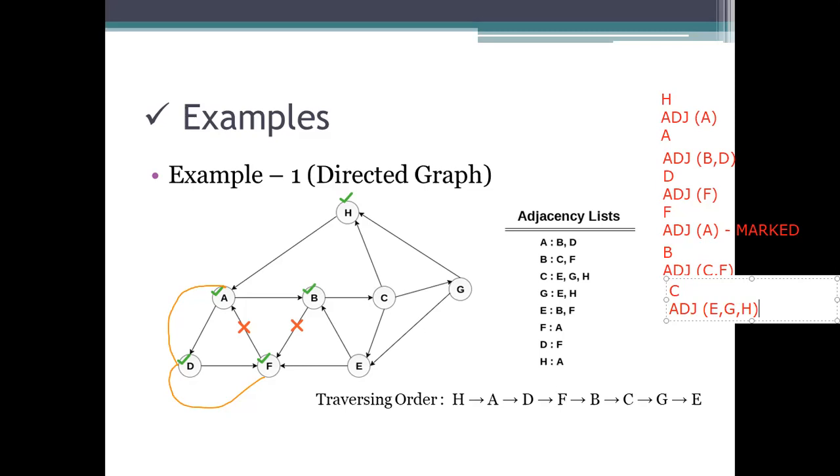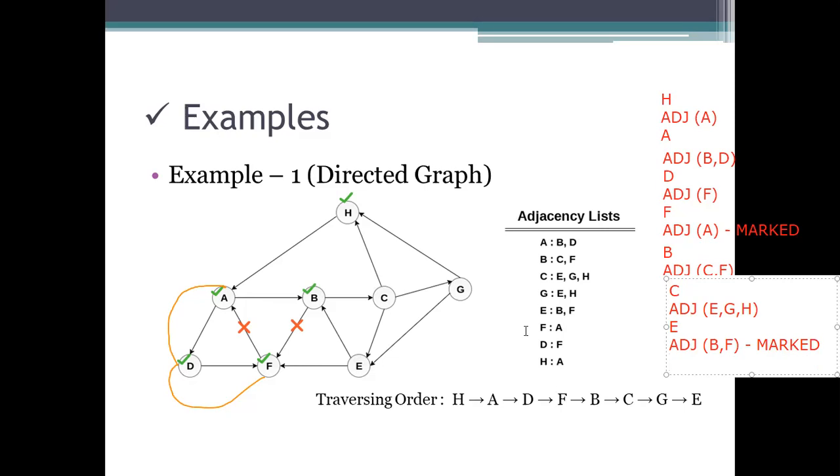As it doesn't have any values, we will process the data. The first one here, see whether it is a visited one or not. It's not a visited one. So record it, print E. Read the values of this adjacency E. What values do we have? B comma F, which are marked ones. We will pop those values here.